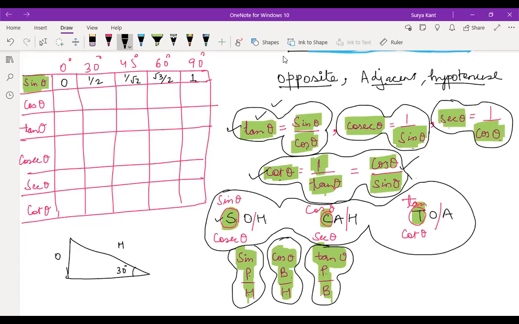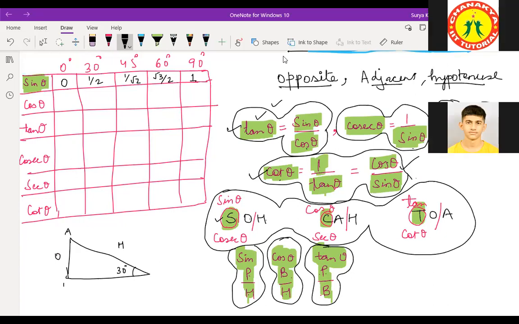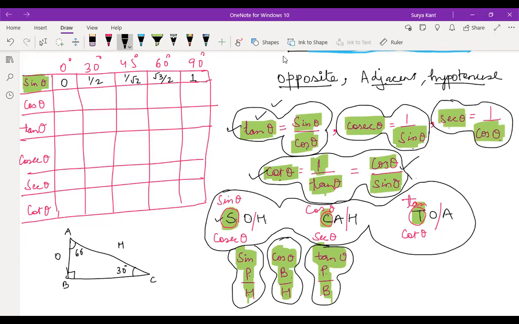If this angle is 30 degrees, then in a right angle triangle, one angle is 90 and another angle is 30, so the third angle must be 60 degrees. AB is opposite to angle C, and BC is opposite to the 60 degree angle. The 60 degrees is double the 30 degrees, and BC is double AB. That also is one possibility.